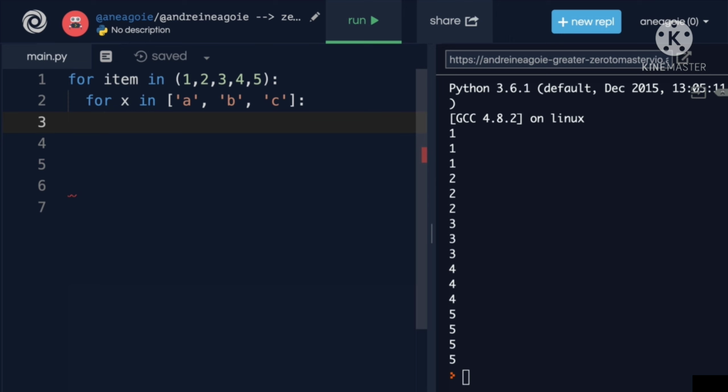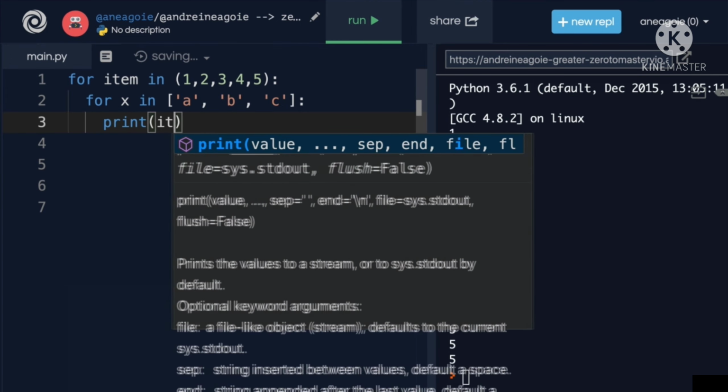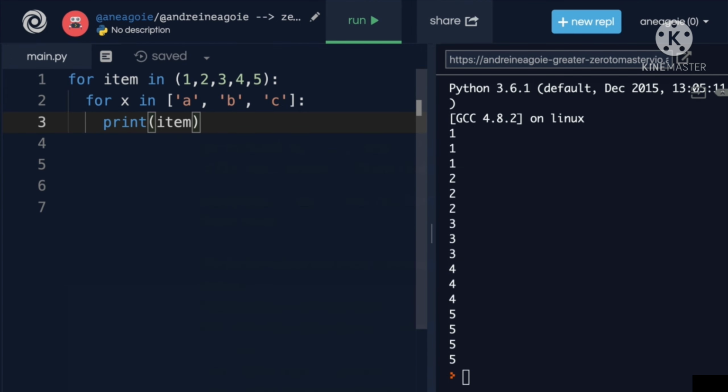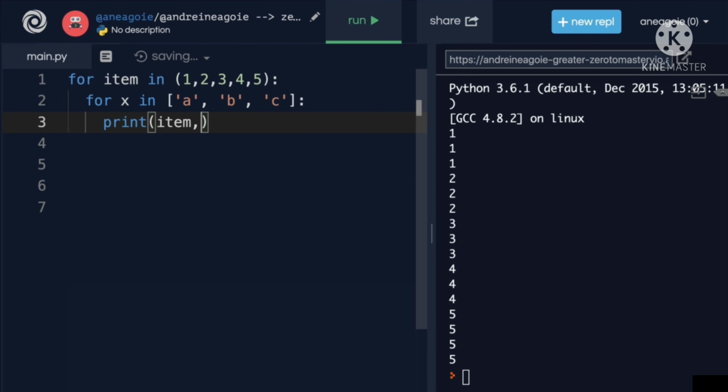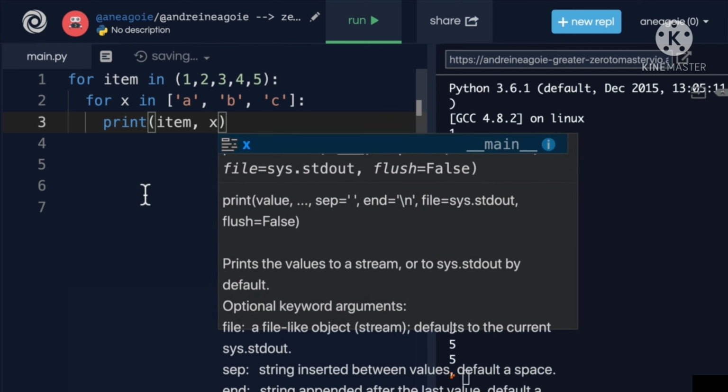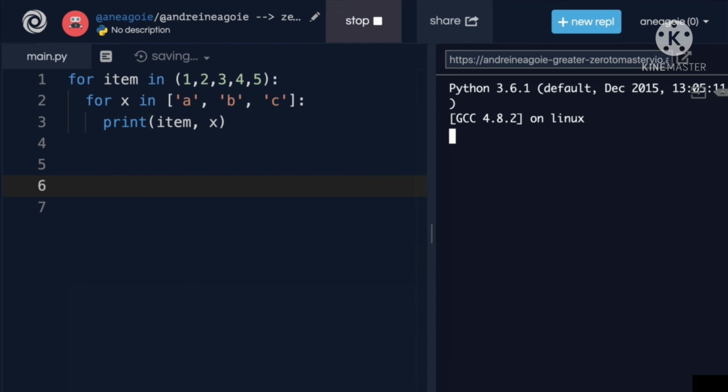And as a matter of fact, when we do conditionals in Python, like if statements, we can always nest those as well, because in Python, it's always the indentation. So I can say print item here, and then also print, and you know what? Let's print them one next to the other. So I'm going to say print item and print x. If I click run,